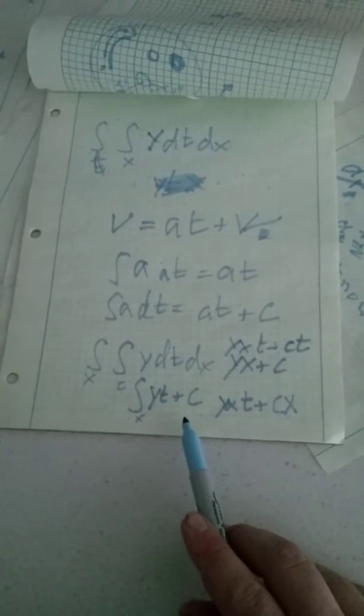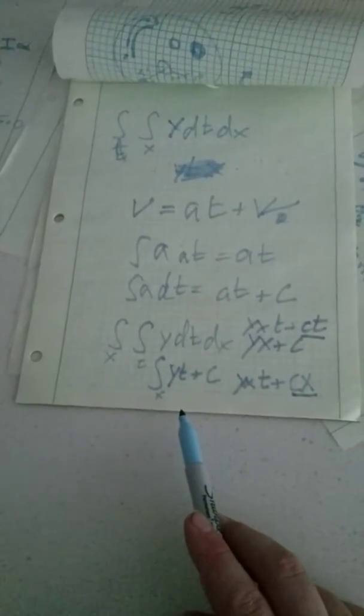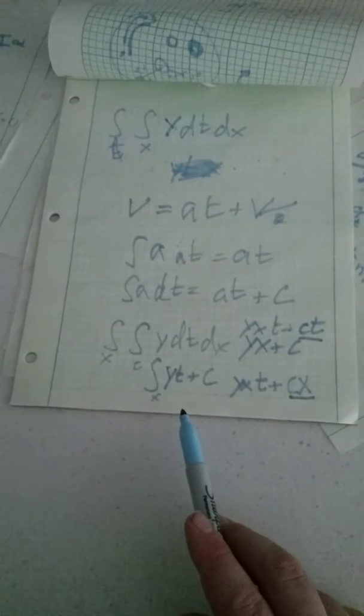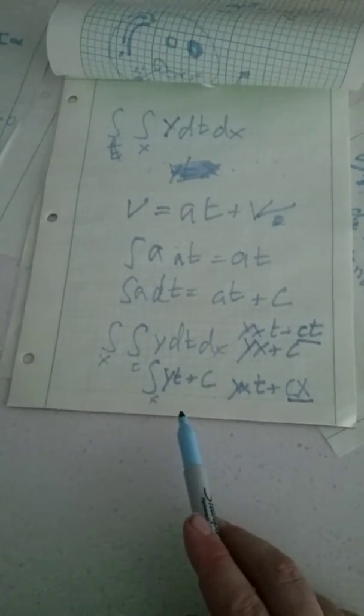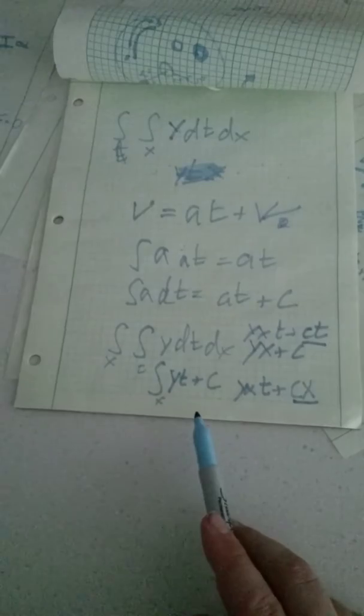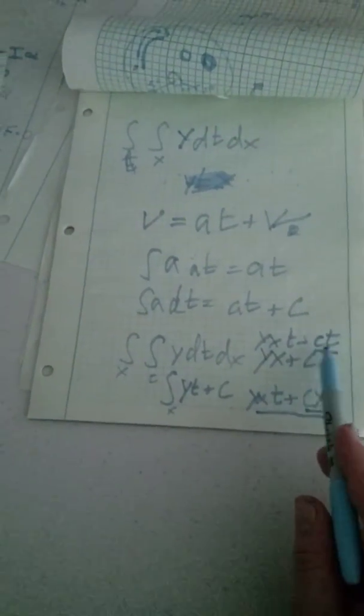So our answer is changing based on what we integrate first. So here we have a constant times x, and here we have a constant times t, but we haven't broken any of the rules of integration. So which is the correct answer? Is it yxt plus ct, or